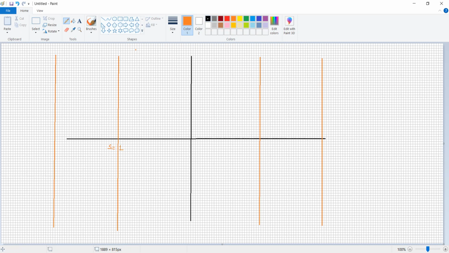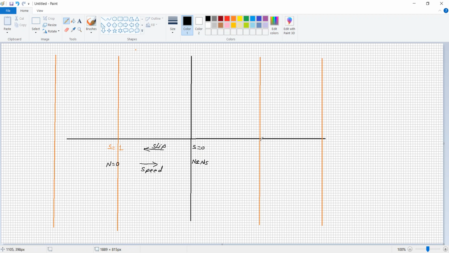In the black color, slip is equal to 1, and here slip is equal to 0. So under such condition, the speed is equal to 0, and here speed is equal to synchronous speed. So here the slip is going on increasing in this direction, and in this direction speed is going to increase. So speed and slip are opposite to each other. Now slip becomes here 100% or 1.